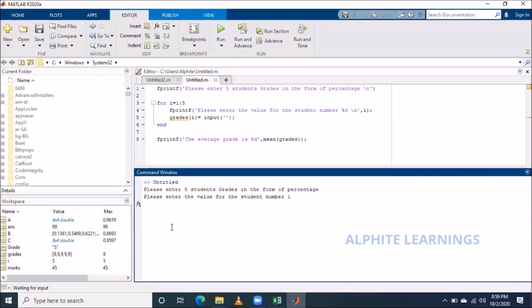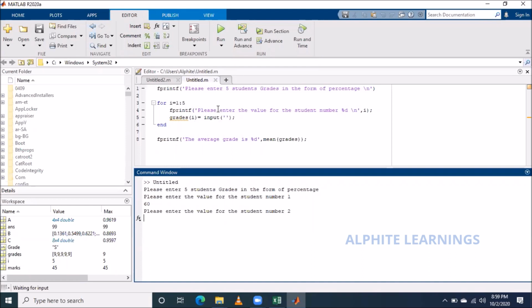See, when I run it, first it prints, please enter 5 students' grades. And then it goes to the loop. First time it's coming: please enter the value of student number 1. Student number 1 got suppose 60 marks. I just press enter. Okay, it stores. Next it goes.